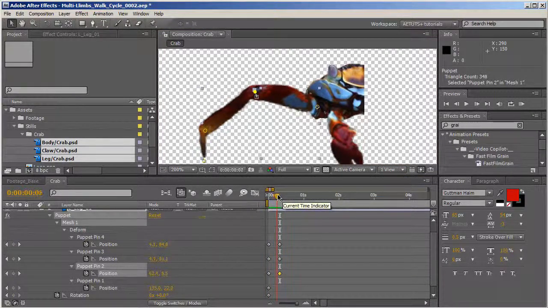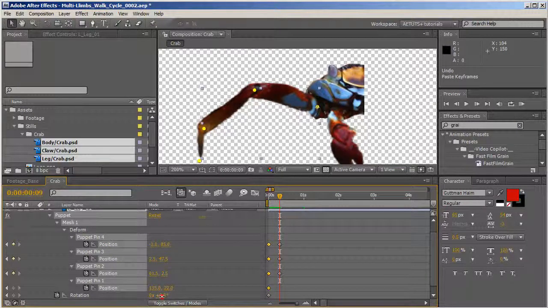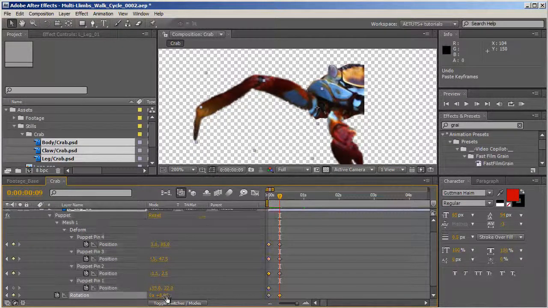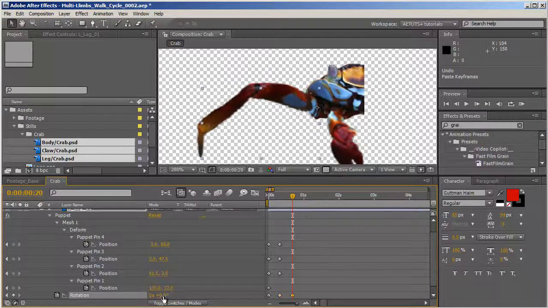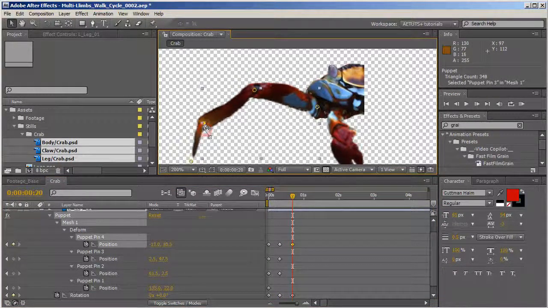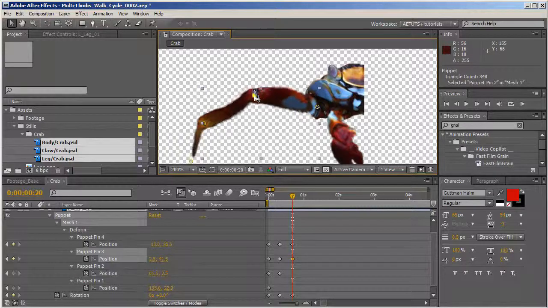So it moves up, this part moves to the left, the leg moves up just a bit, and in 20 seconds mark it moves back down, and this one should be around here, this one will move down,